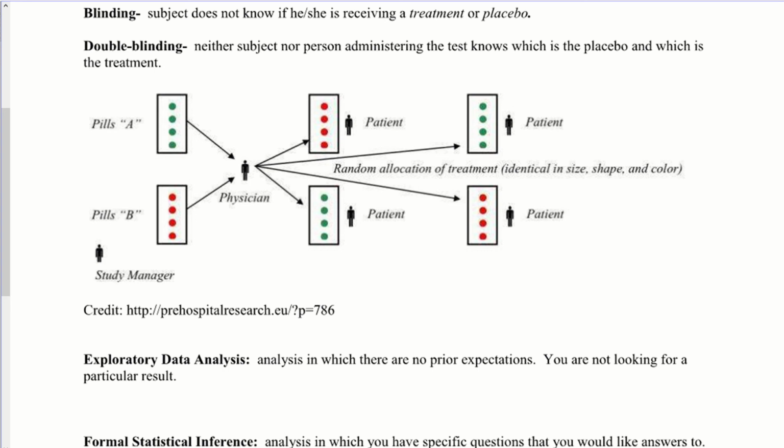Sometimes we double blind it so that we add a little extra layer of protection to the whole thing, where the person giving out the drugs doesn't even know who's getting what. Because sometimes the mannerisms of the people, they don't even realize they're doing it, but the mannerisms of the people giving out the medication can dictate who's getting what.